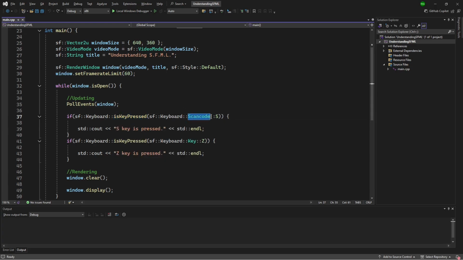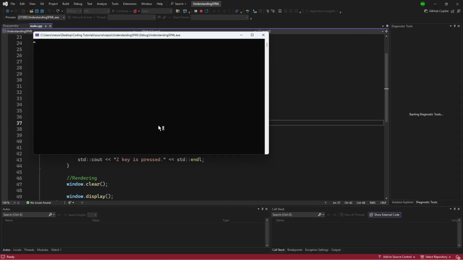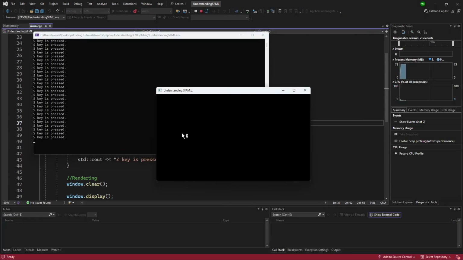Scan codes will return keys based on the QWERTY AT101 keyboard, meaning if you have a different selected keyboard layout, this will not match up. Meanwhile, keyboard key would match up with that selected keyboard. I've selected a different keyboard layout. If we open the debug menu and we press the S button, it'll say it's pressed. If we press the Z button, it won't say it's pressed until we press the button that Z is mapped